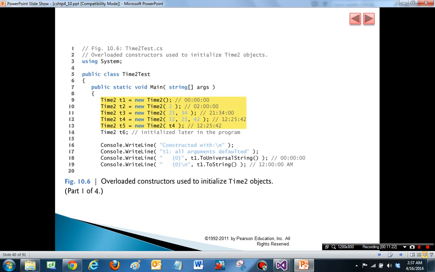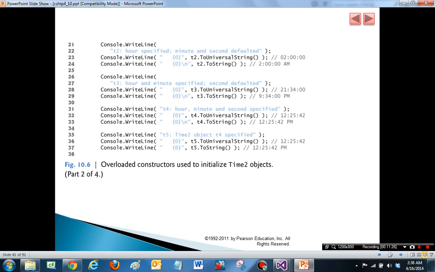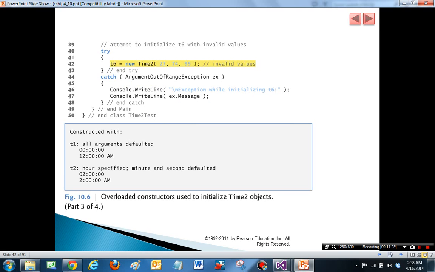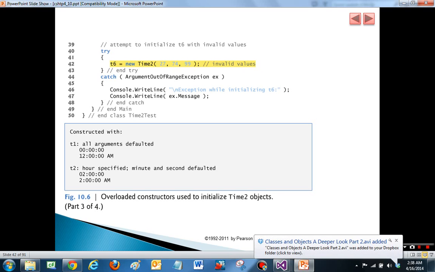Then we print out all of these objects up to the first 5, and then we create a 6th one, this one with invalid values, so all of them are incorrect, and therefore we throw an exception, and